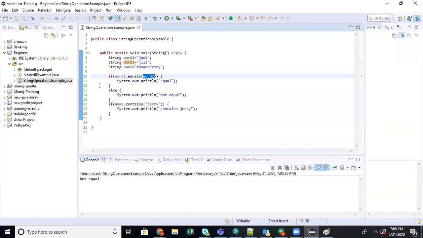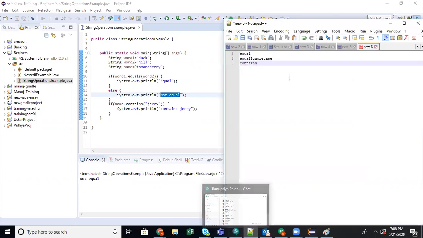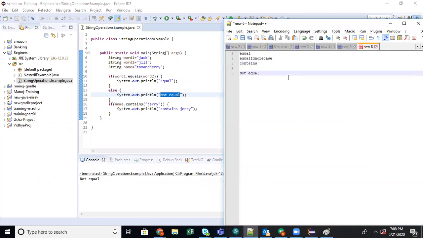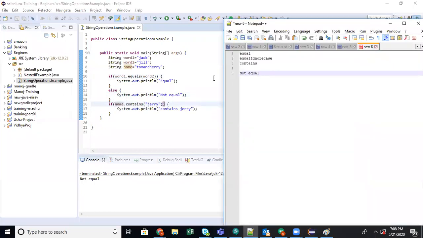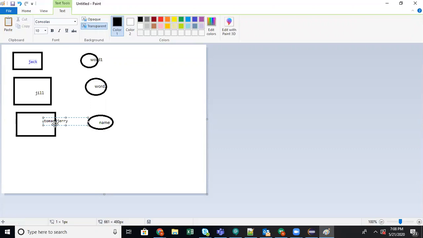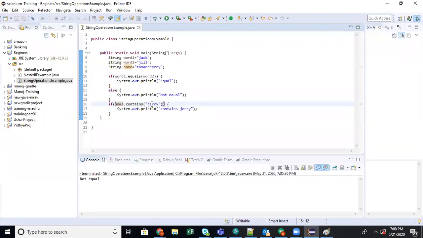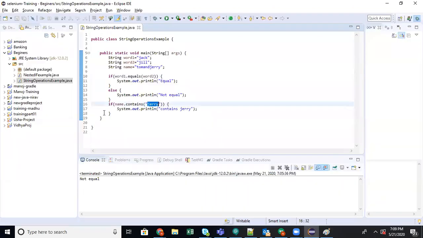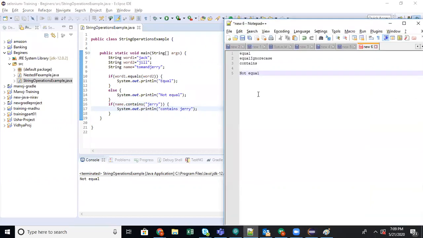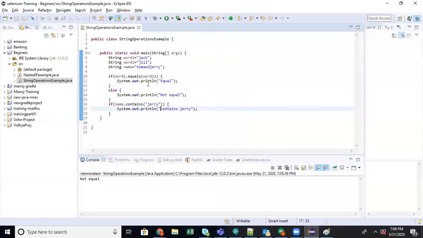No. So it will go to else and it should print not equal. Next, name. What is name holding? Name is holding Tom and Jerry. Contains Jerry. Check. Yes, so it is true. So it comes here and should print contains Jerry. So the output is predicted. Let's run and see.